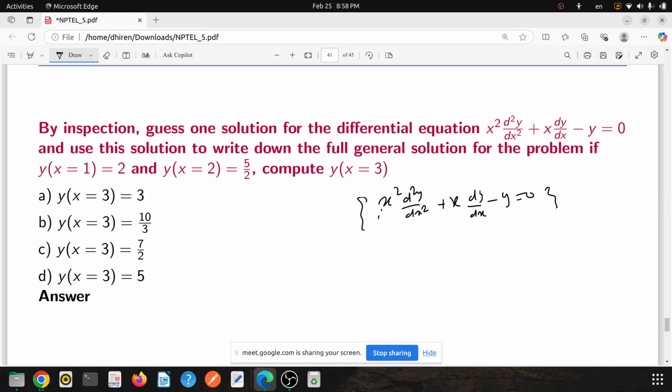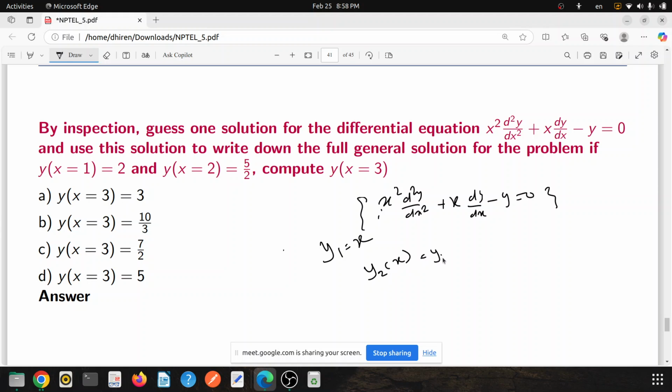So this kind of equation, we just guess a solution as y1 is equal to x. So we want to find the second solution. Just because it's a second order differential equation, there will exist two solutions. So let's say the second solution is